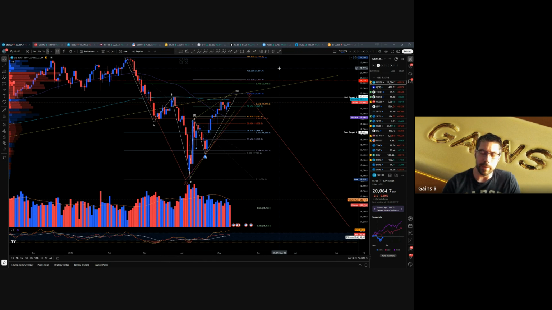We might probably have one more little local high here, but we're still at those big long-term moving averages. We've got a lot of bearish signals here. We've got a bearish technical pattern. We've got the 50 crossing over the 200. That's a big long-term weakness flag, but it still doesn't mean it can't go up higher.